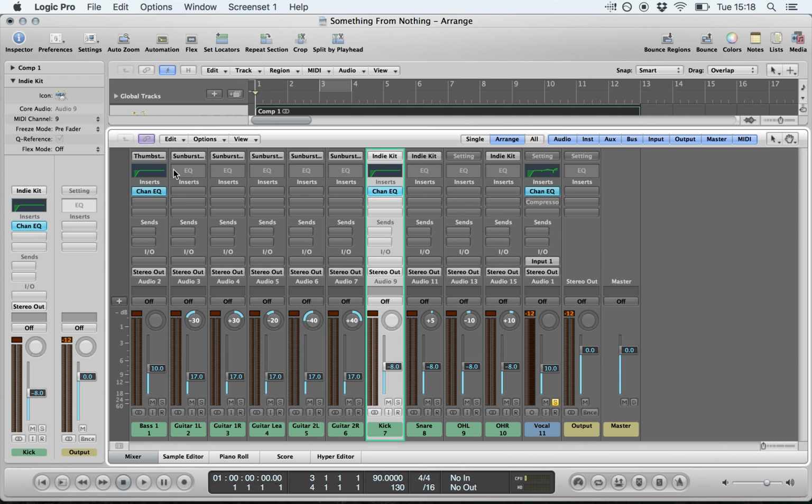Now already, with these EQ settings applied, we should start to hear a bit of a difference in the overall